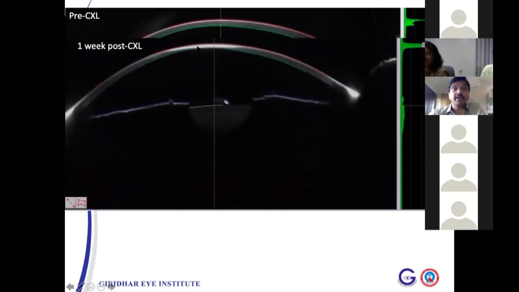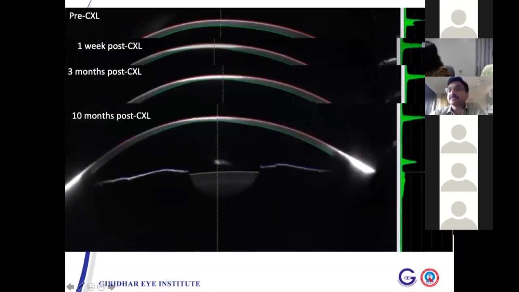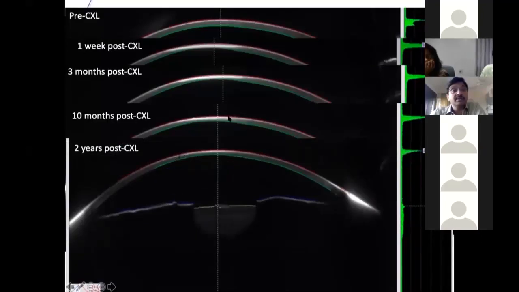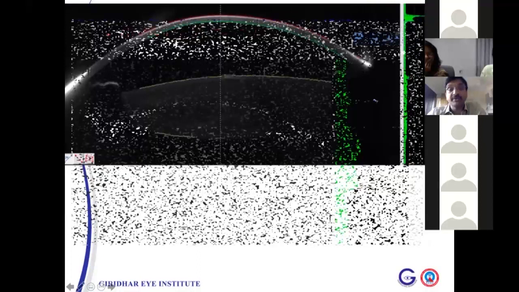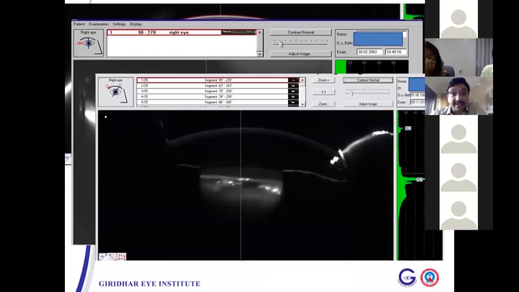Then this is 1 week post-op. Dense haze has shot up to 100. At 3 months it is still at that level. By 10 months, it has started to fall to somewhere around 69, and by 2 years, it has practically normalized to what it was. That is one use. Then again, look at the dilated lens. Compare it with this one. This is an early cataract. Actually, it is not helpful to diagnose, but you can use this to show it to your patients. So there is a real cataract in this.